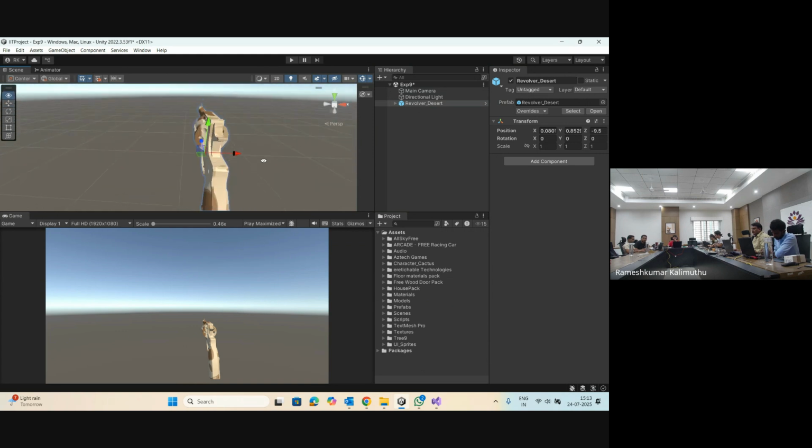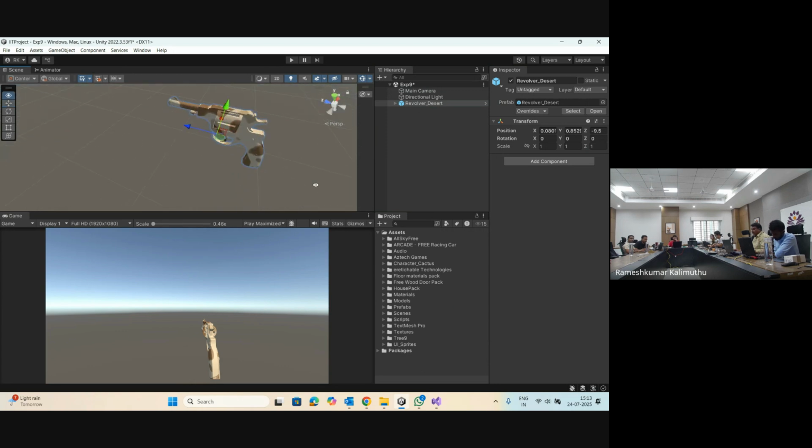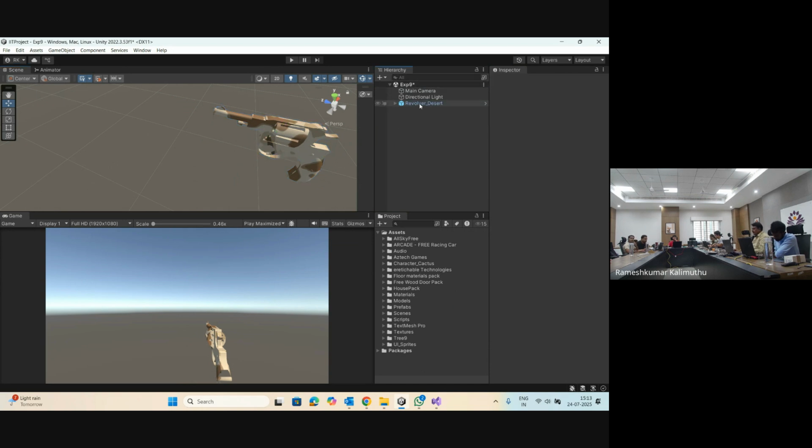Is it fine? Just for the time being, you keep the gun like this. You want to show only the front part. That is what the first person shooter is. You can't see the whole character body, you can see only the gun. So now I have placed the gun,